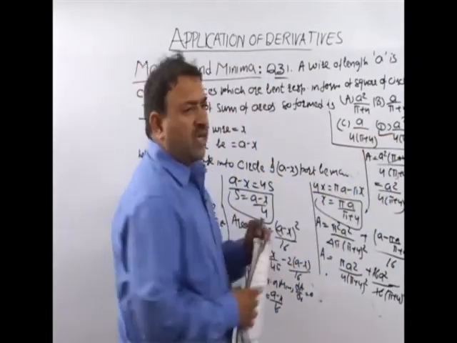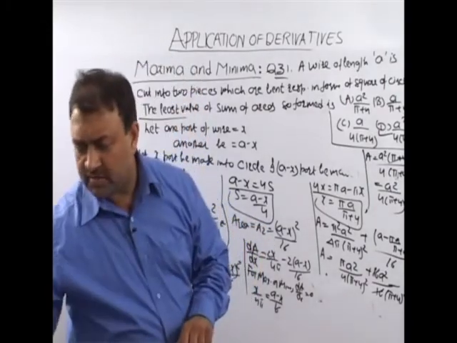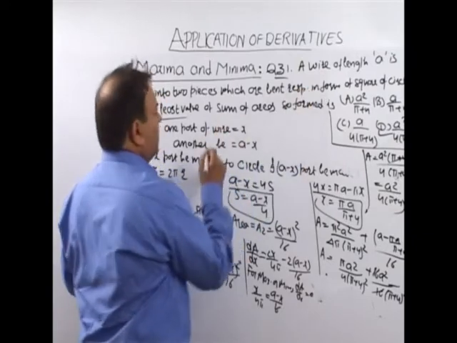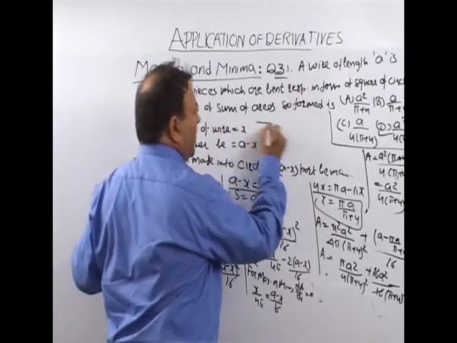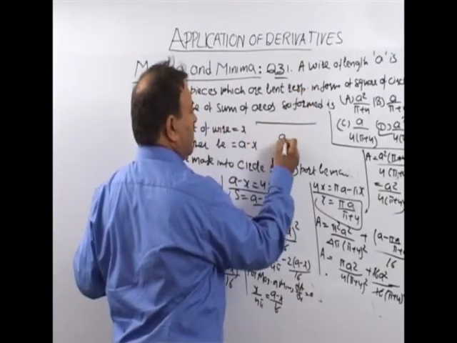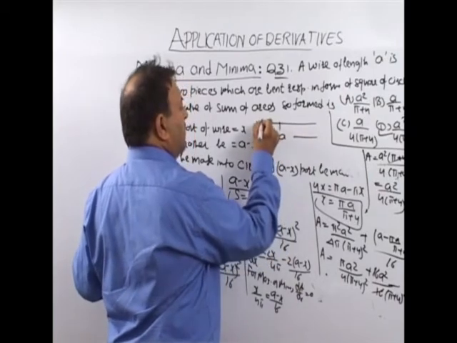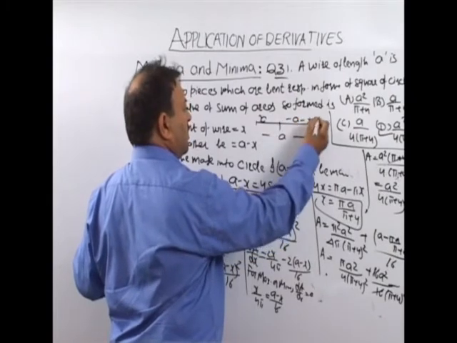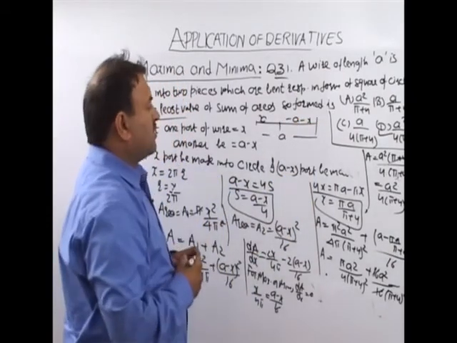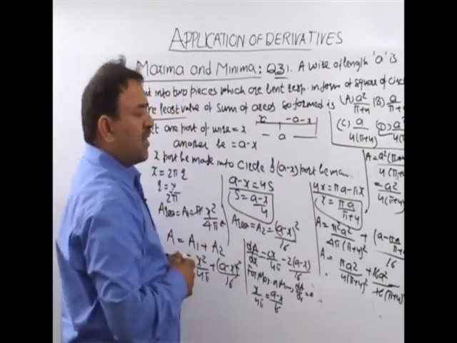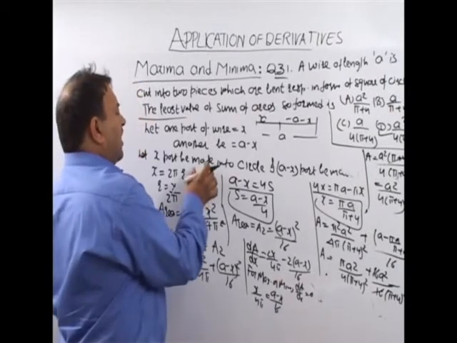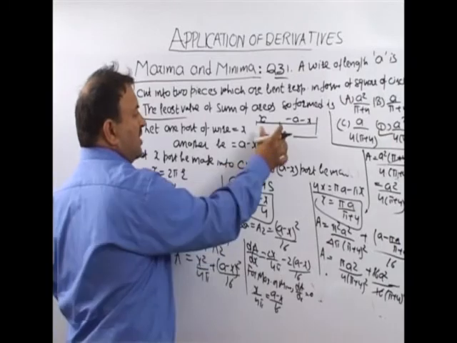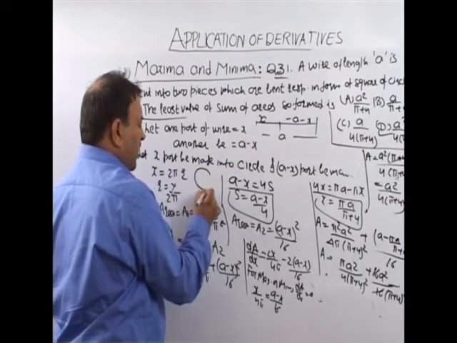देखो इस क्वेश्चन को कैसे करना है. A wire of length a is given. एक वायर की लेंथ a गिवन है, टोटल लेंथ. मैंने एक पार्ट हमने ले लिया x, एक पार्ट ले लिया, इट इज a माइनस x. किसी एक पार्ट का हम सर्कल बनाएंगे और दूसरे पार्ट का हम स्क्वायर बनाएंगे. तो मैंने क्या लिया, x पार्ट का हमने सर्कल बनाया. जब x पार्ट का सर्कल बनाया, दिस x पार्ट आई जस्ट डू इट लाइक दिस वे.